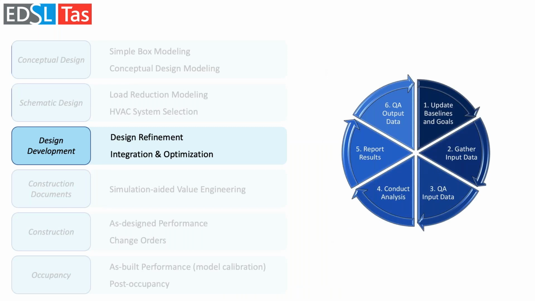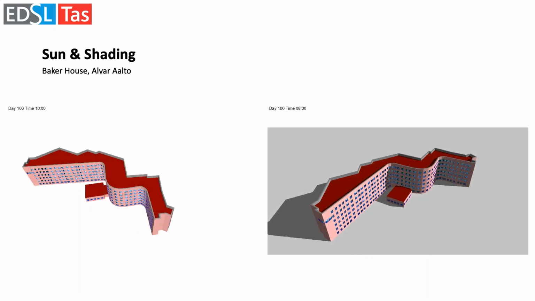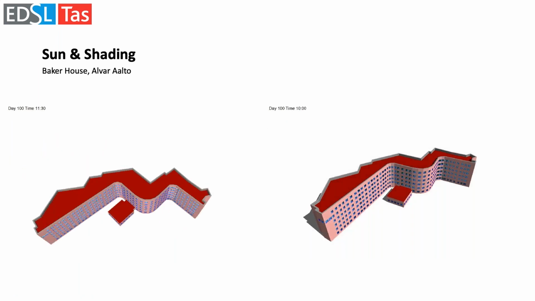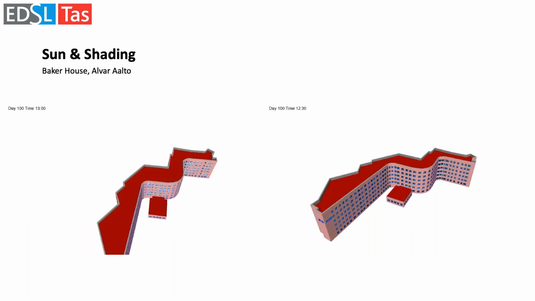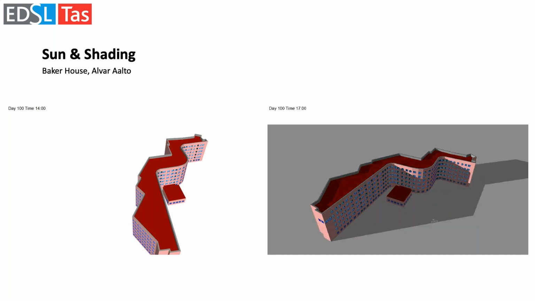As we move to the next cycle in design development, design refinement, integration, and optimization, there's more of a solid idea of the geometry and the shape of the building, but you're really just refining all the parts and pieces that make up the geometry further, when you've taken those smaller concept models and applied them at a larger scale in the model. So here we have an actual whole building, just looking at sun and shading for the whole scheme, focusing on the south exposure in these two videos. As you can see, the sun position shot is on the left and the shadows are shown on the right